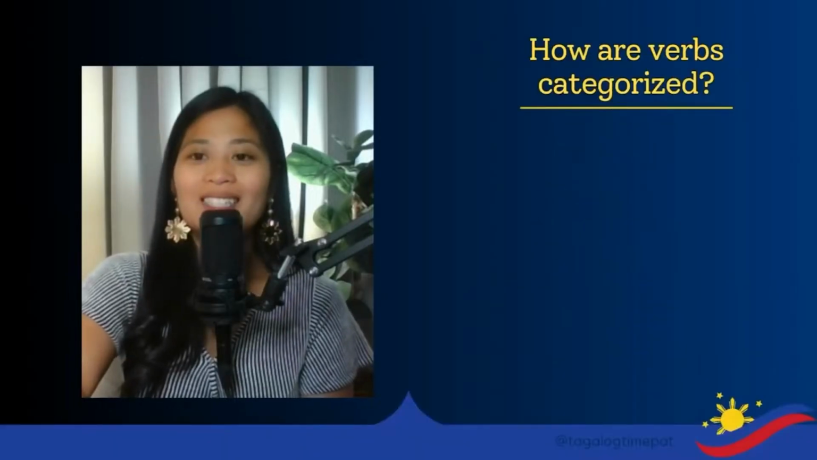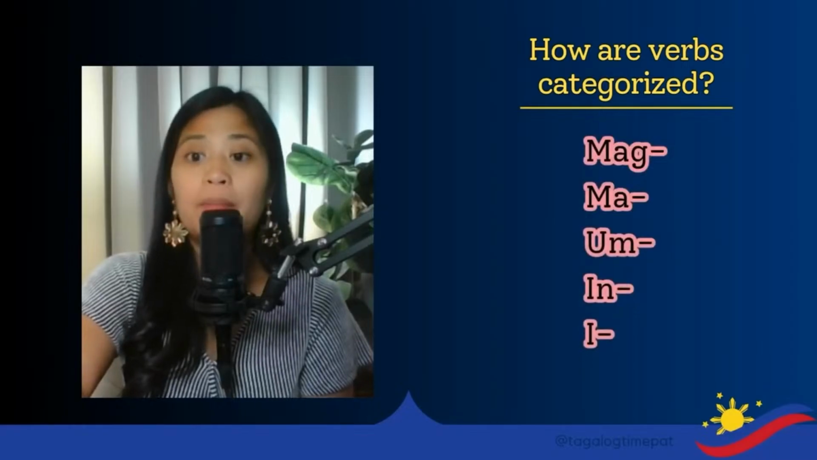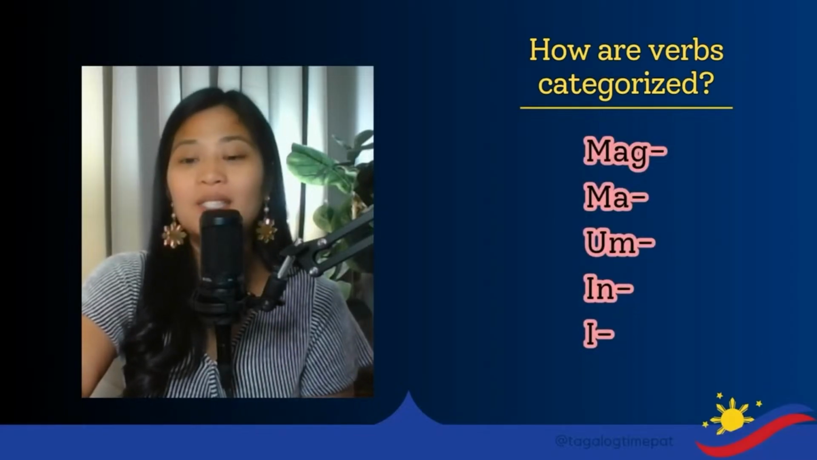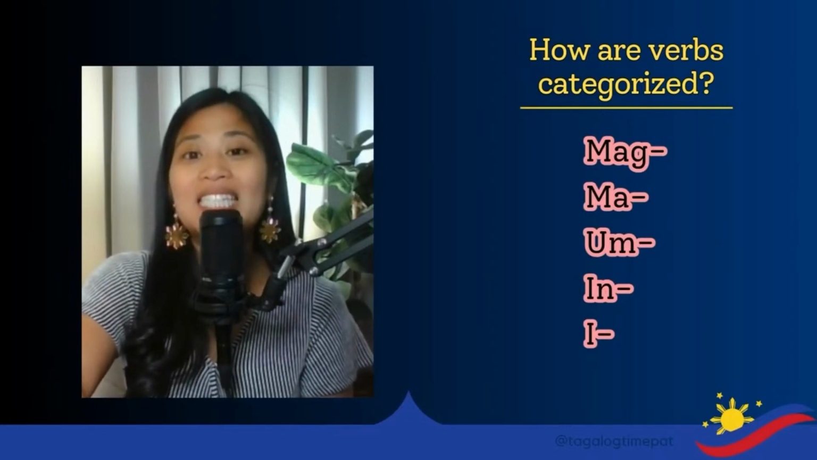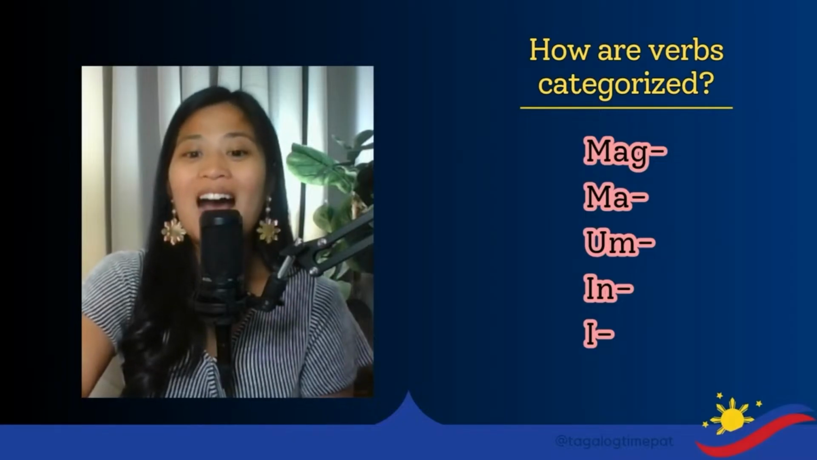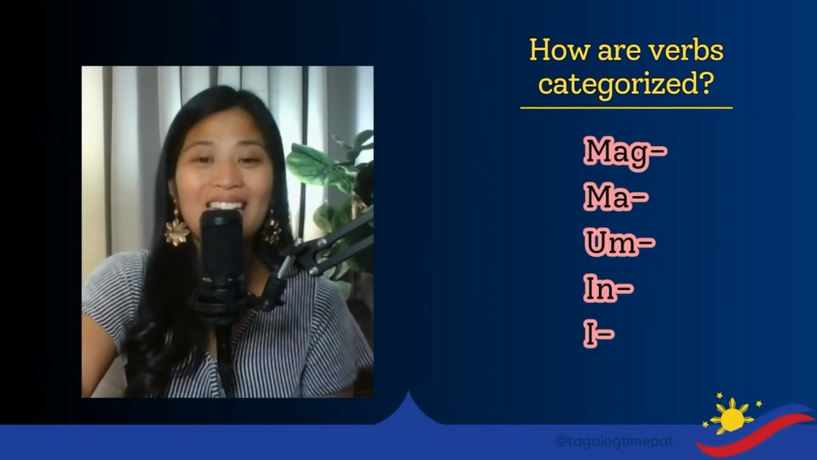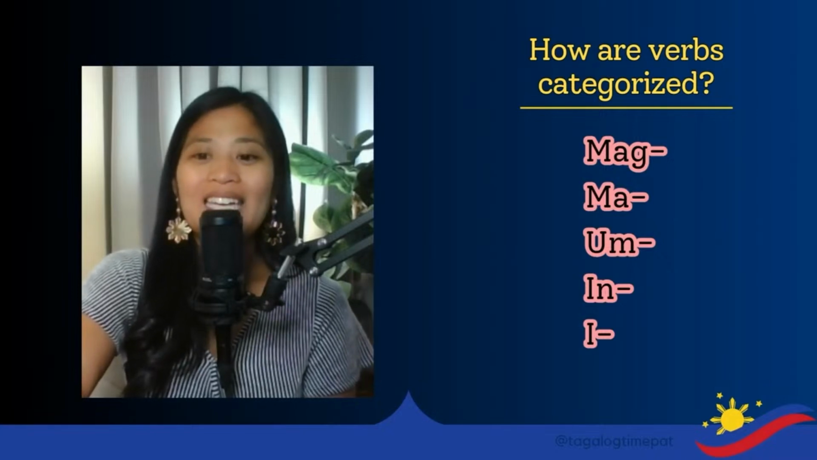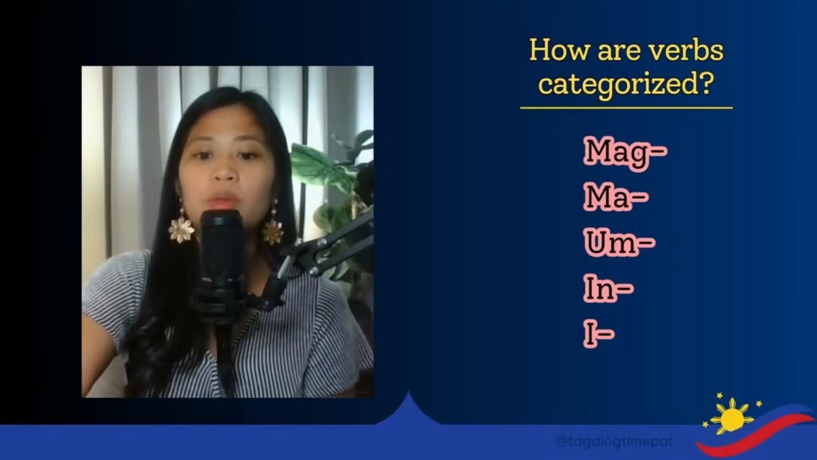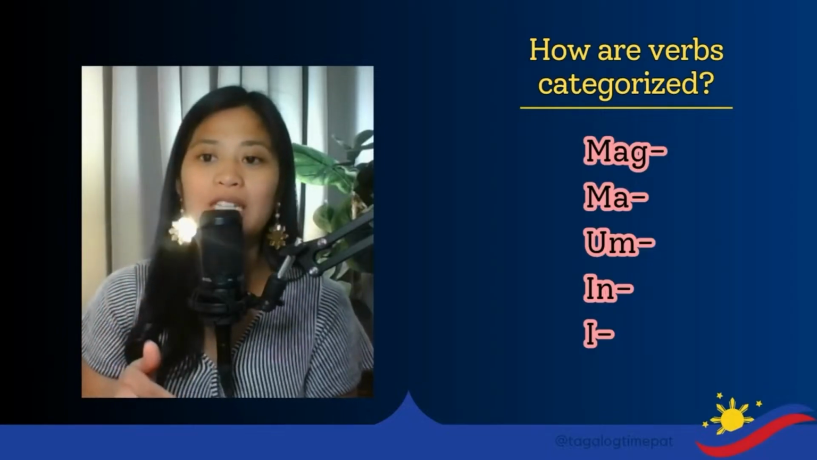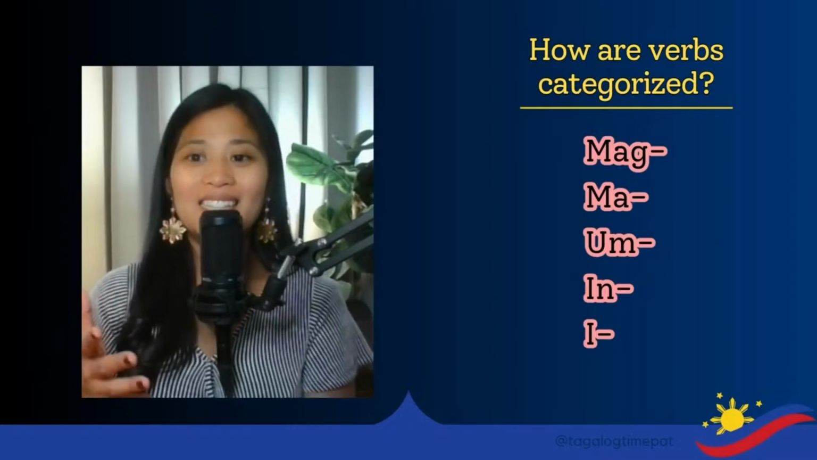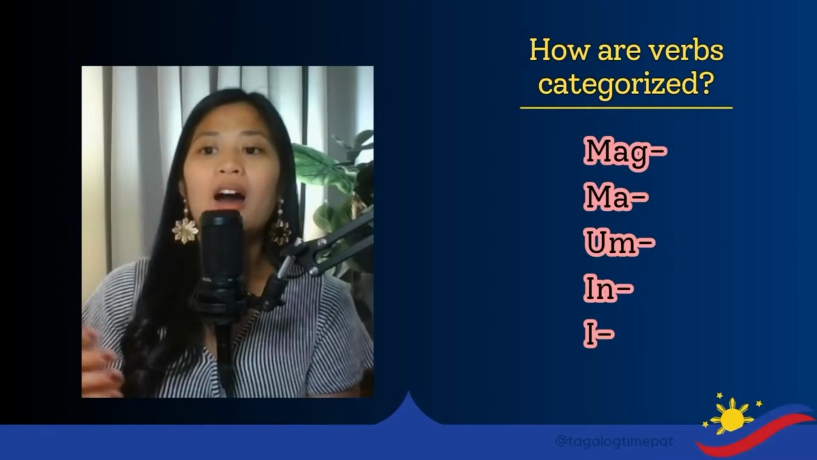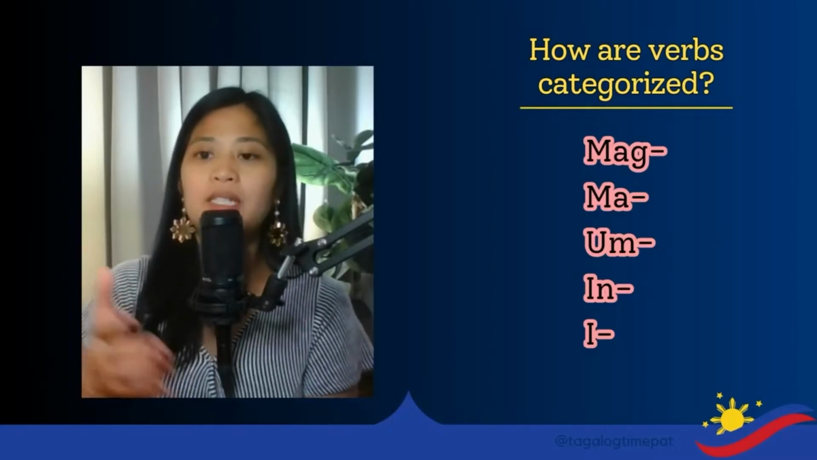So I always get asked, how are verbs categorized? Why are some verbs mag, some are ma, some are um, some are in, some are i? And I've looked it up, and honestly, I have not found a consistent answer for that question. I think it goes back to baybayin, the ancient Philippine script. And back in the day, all of these verbs were just organized into these categories, and it was passed down throughout the years. And as Tagalog has evolved over time, all of these verbs have just been accepted into these